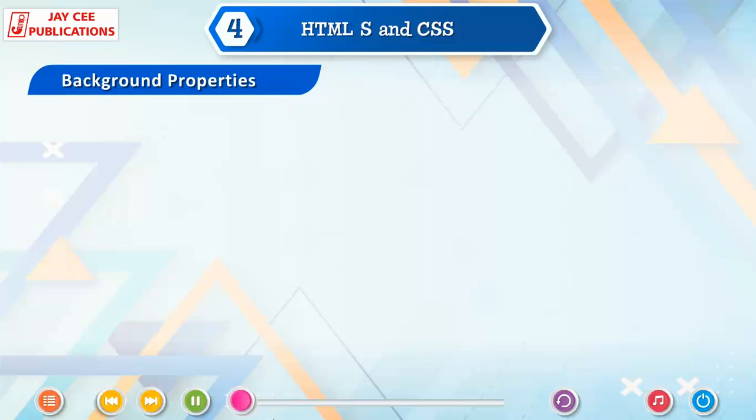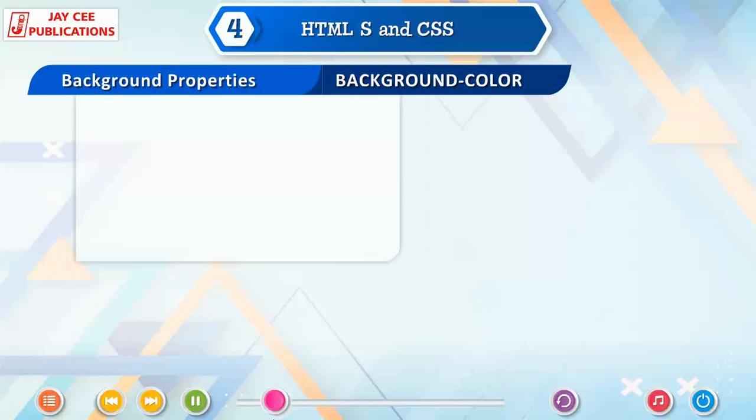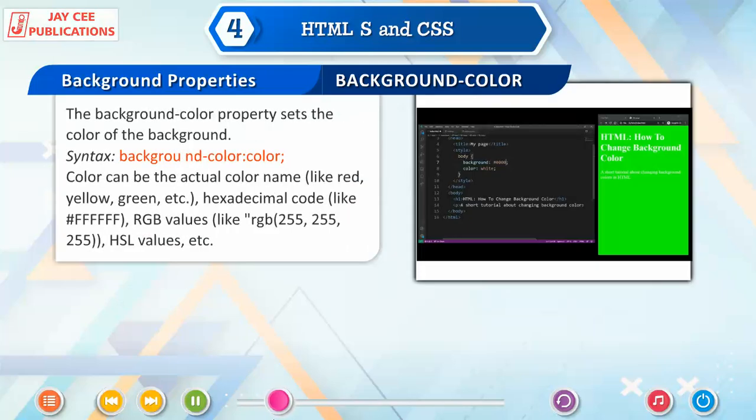Background properties. The CSS background property is used to define the background effects on an element. It is a shorthand property, which means that it allows you to write multiple CSS properties in one declaration. Some of the background properties are given below. Background color. The background-color property sets the color of the background. Syntax: background-color: color;